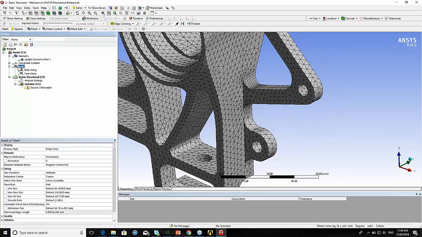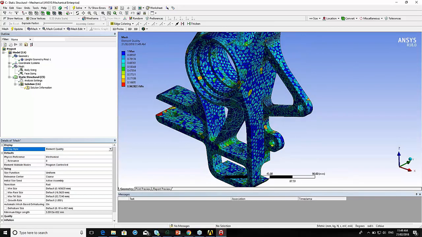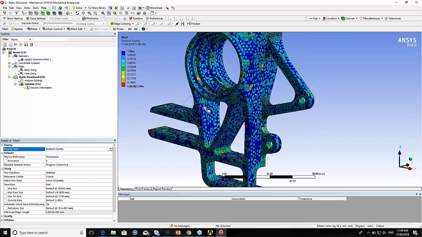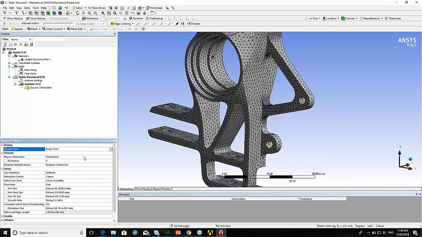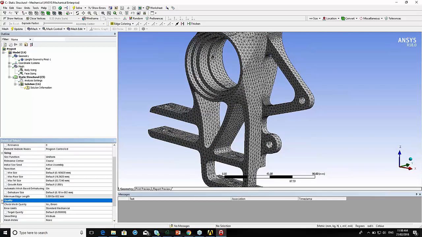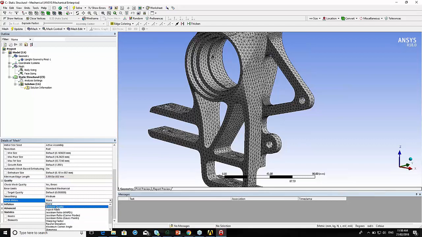Okay, so let's have a look at the metrics, or how good this mesh is. If I change the display style, let's change it to element quality. You can sort of see as a contour where the good and bad elements are. Because this is a solid, we can't really see what's going on inside the model. So there's another way we can look at this. If we go to expand the quality in the details of mesh, here there's a mesh metric. If I switch this to element quality,